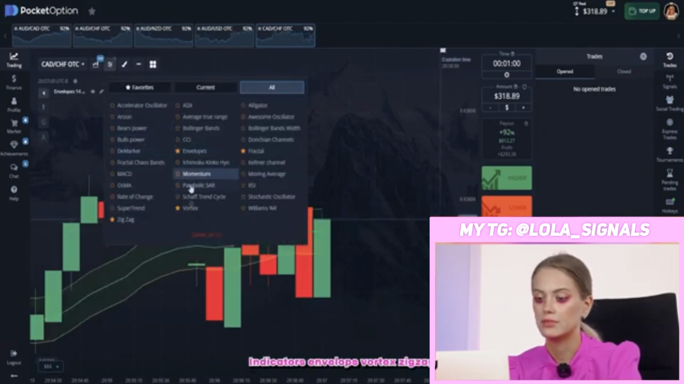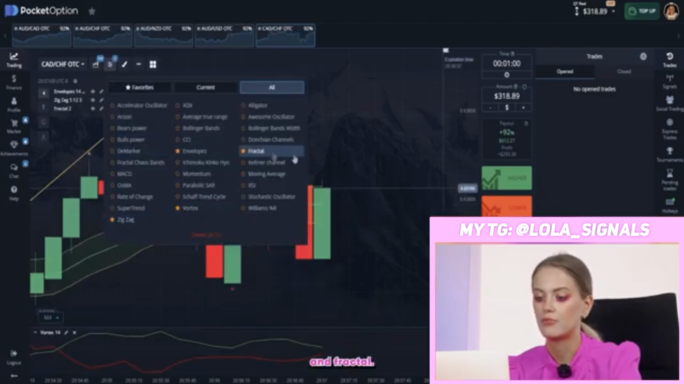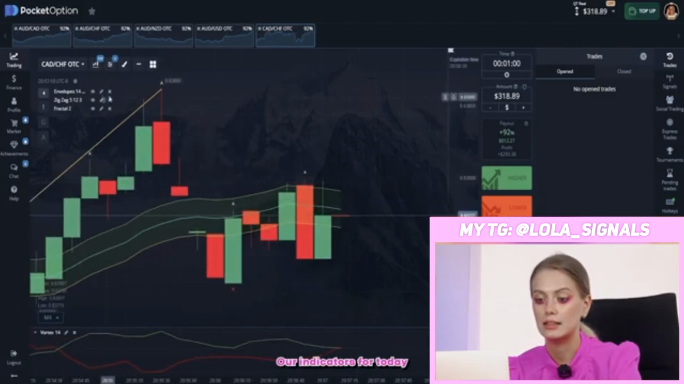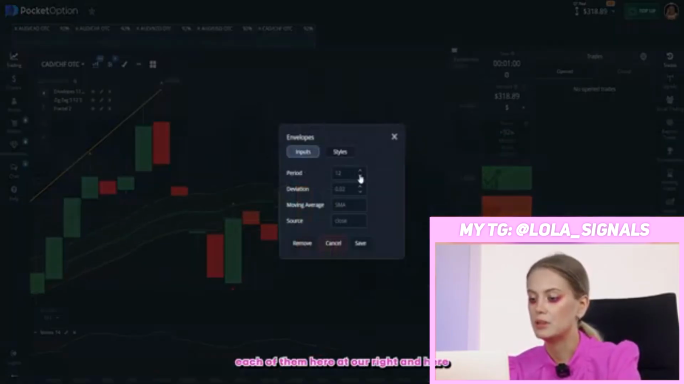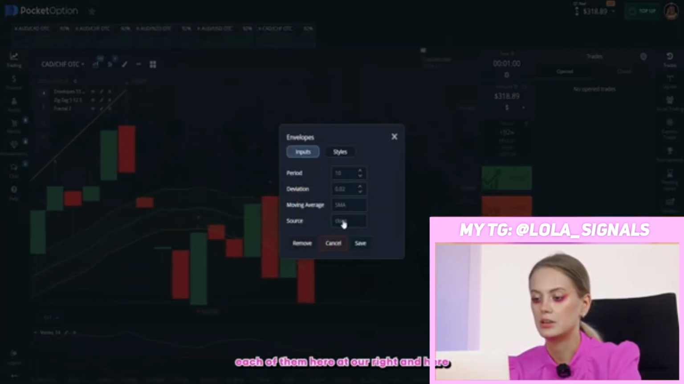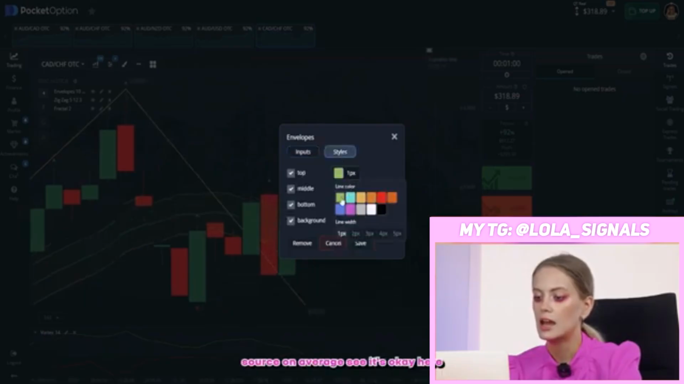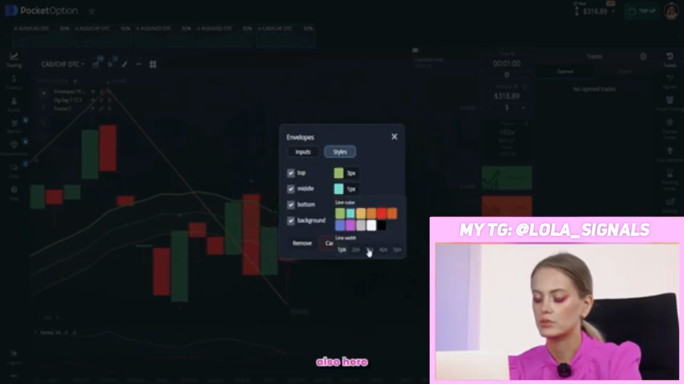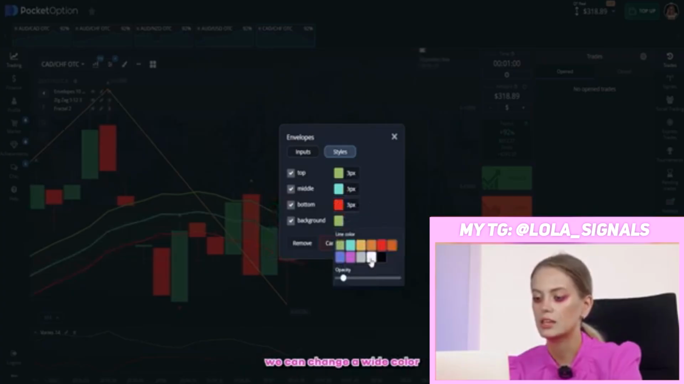Here indicators: envelopes, vortex, zigzag, and fractal, our indicators for today. Let's set up each of them. Here period, I will write 10. Here we can put open source, moving average, CMA, it's okay. Here 3 pixels, also here 3 pixels, also here red color and 3 pixels, and the background we can change to